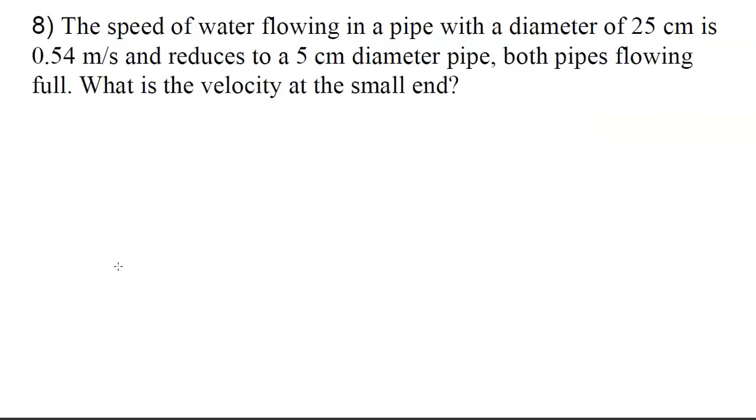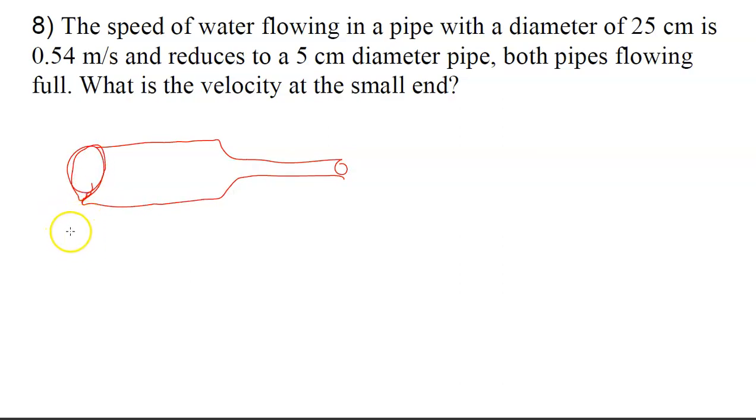Right here's some fluid flow problems. So the speed of the water in a pipe is 0.54. It reduces to 5 centimeters. I got a big pipe, 25 centimeters, that's a real big pipe, and then it goes down to 5 centimeters. That's still a pretty good sized pipe. Okay, but I would write those down. R1 equals 25 centimeters. Maybe we need to make that meters. We'll find out here. The velocity on this side is 0.54 meters per second, and they're asking us what the